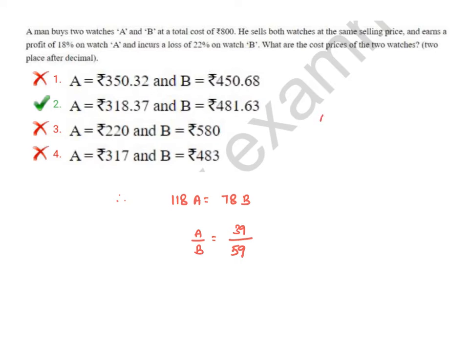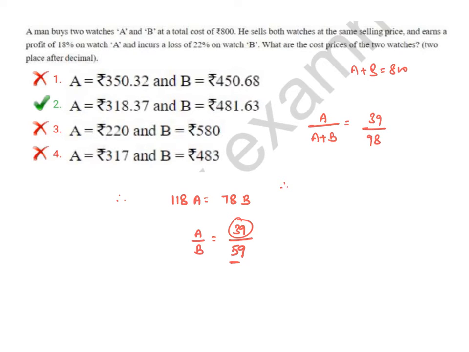So A by A plus B, if I take it, so those are the cost prices, and we know cost price of A plus B put together it is 800. A by A plus B, if I take it, this is 60. Now this one is 40, you assume it. So it becomes 98 because 2 less than 100. So 39 by 98.